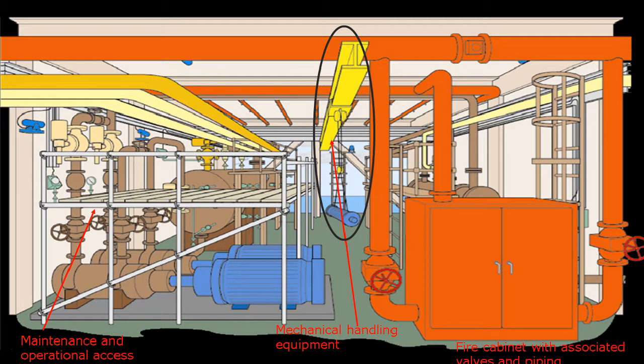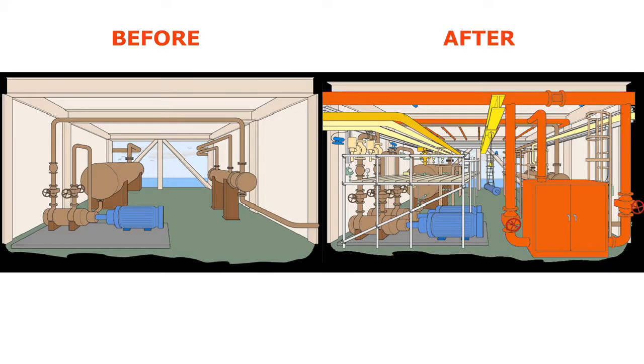The cranes are in there. Often this equipment is far too heavy to lift by hand. And if it's tucked away in a corner, you'll need to make sure that you can have the correct mechanical handling equipment, in this case a crane, to ensure you can access the items that need removing. It could be the tube bundle in the exchanger, it could be the motor, it could be the pump. But yeah, ergonomic and safe access to equipment that requires maintenance, that's within mechanical handling scope as well. So a quick before and after, just to show you the level of detail and value added.